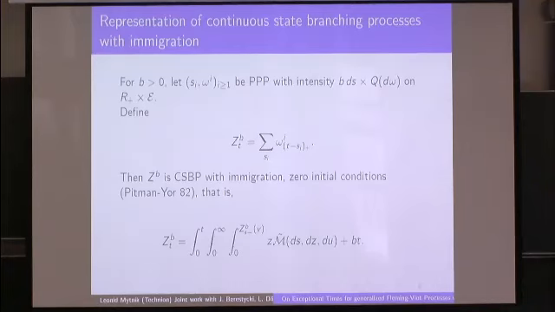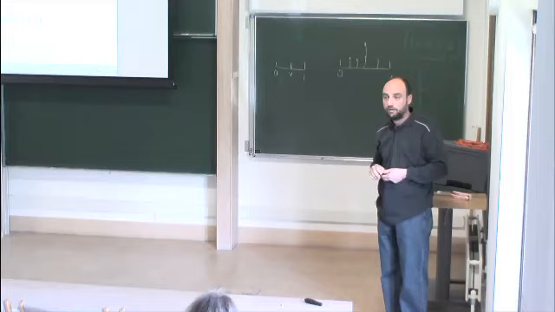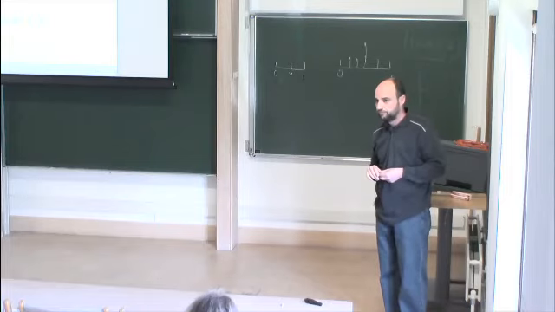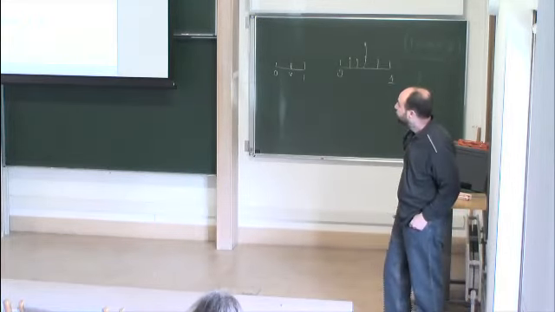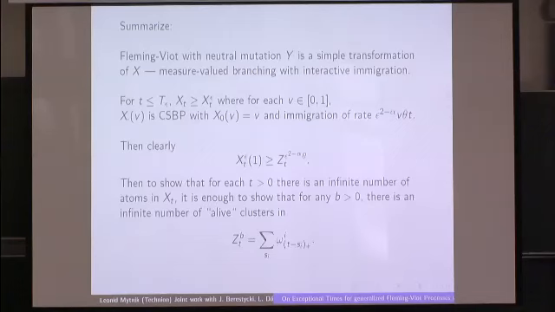So it's more or less a construction without SPDE. You just take a Poisson point process and you put excursions. It's the excursion construction of continuous state branching. Okay. Why is it important? I just want to summarize.